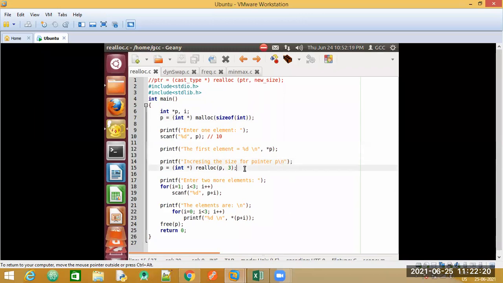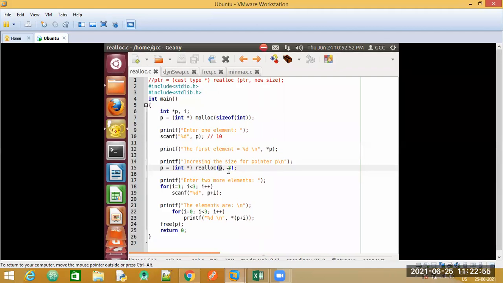At line number 15, you can see that we are following this particular syntax. I have used the pointer variable, followed by the cast type, then I have written realloc. Now here, ptr: what do you have to pass? I have passed the variable p. Most of the time, this pointer variable is the variable whose size we want to increase.